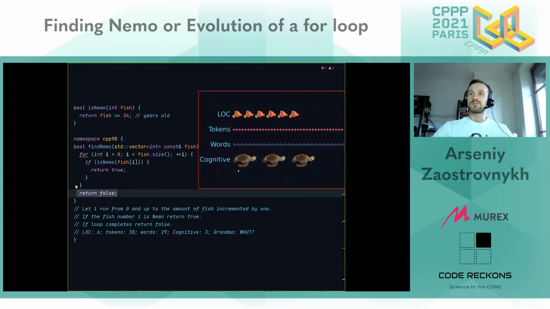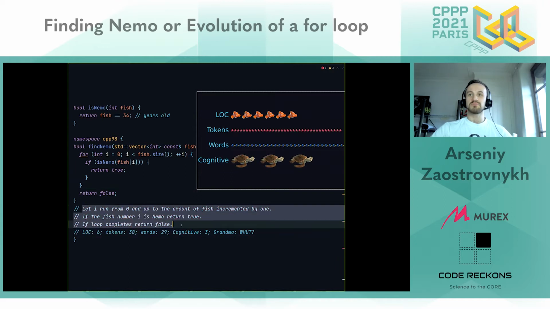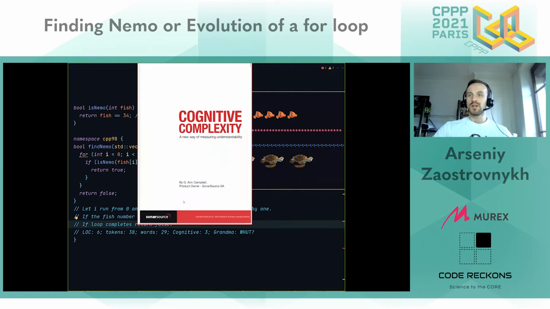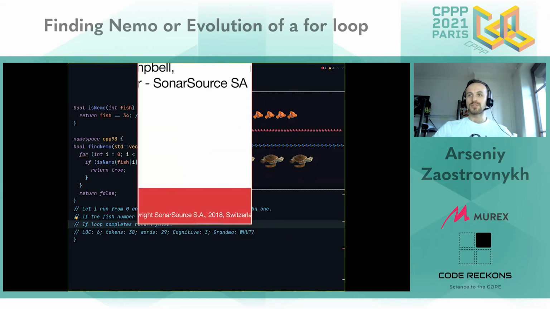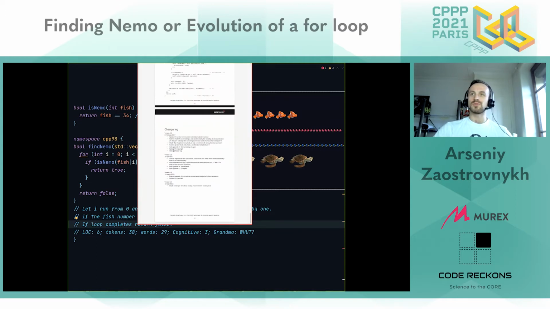So here are 5 complexity metrics. Well, you see only 4. The 5th is here. The first one, number of lines of code, is self-explanatory. Number of tokens is the amount of all the things of different colors in the implementation. Number of words in the English transcription. So here it's 29 words. And cognitive complexity, which is an interesting measure, was recently republished 3 years ago in 2019, and might be republished again to take into account the coroutines.